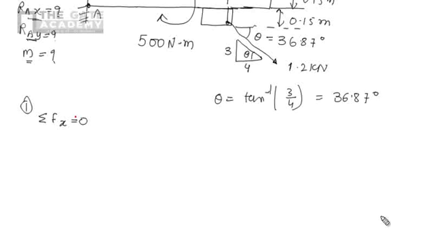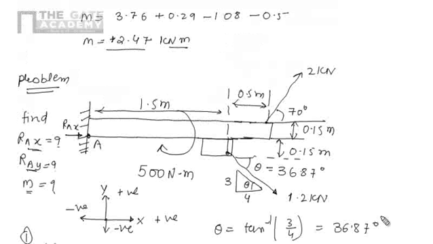So the first equation: the algebraic summation of all the horizontal forces, or forces in the x direction, is 0. I am just defining my coordinate axes. This one is x, this one is y, this is positive, this is negative, here it is again positive, and here it is negative. Now at the point A we can easily define the things. Here we have Rax, here we have Ray, and suppose I am considering the moment M. So we have to find out Rax, Ray, and M.